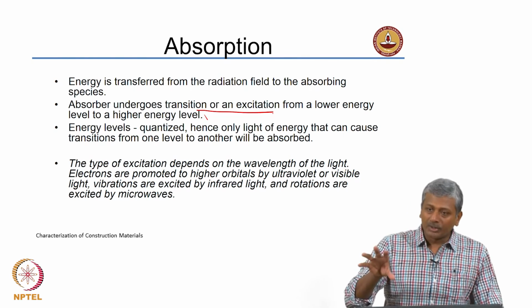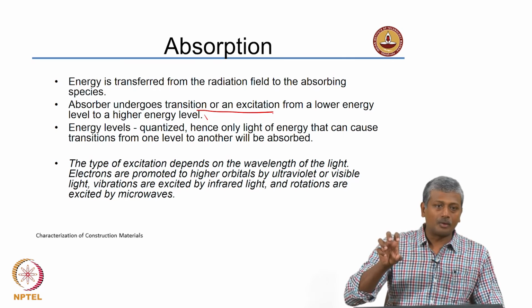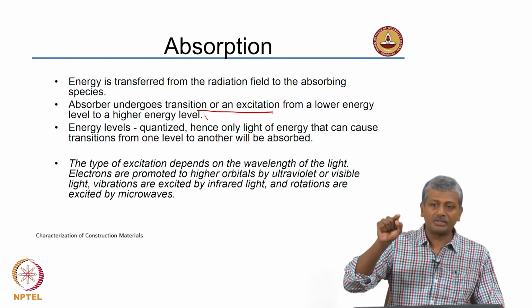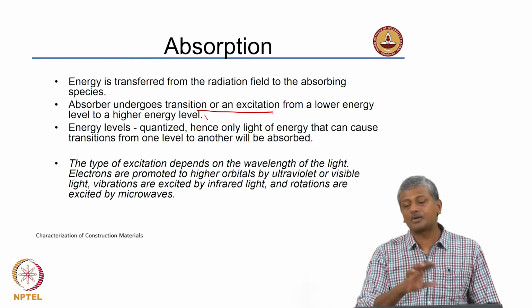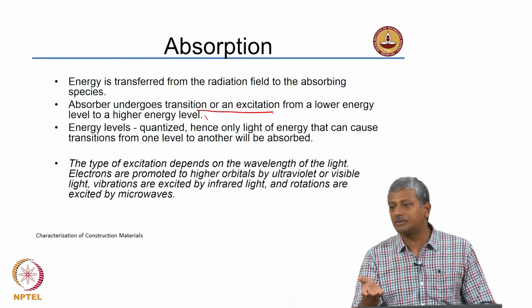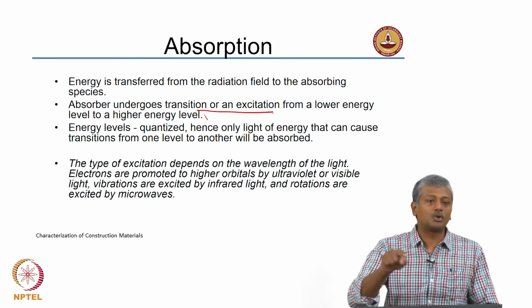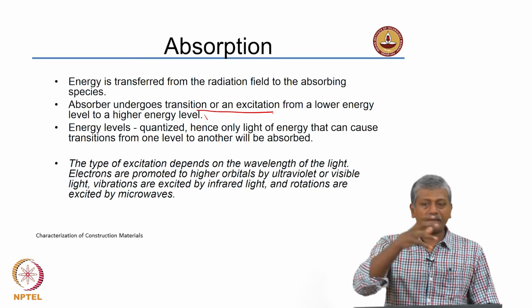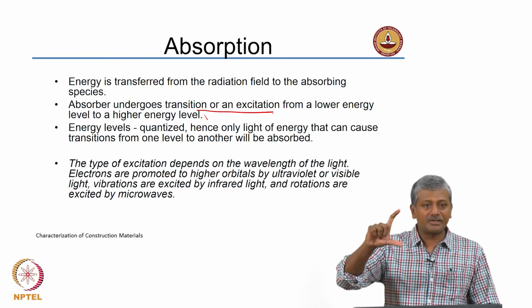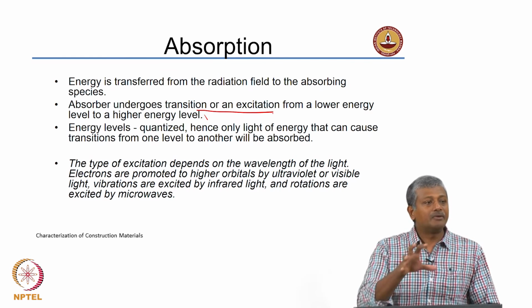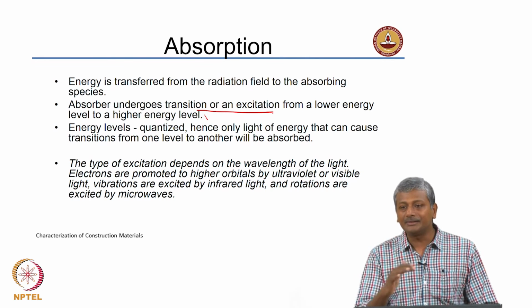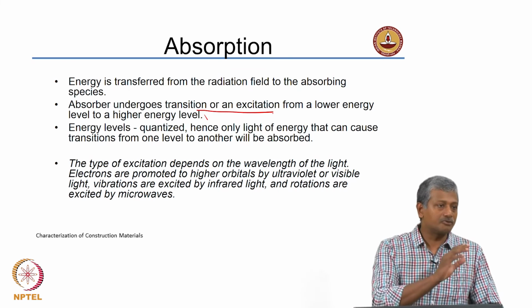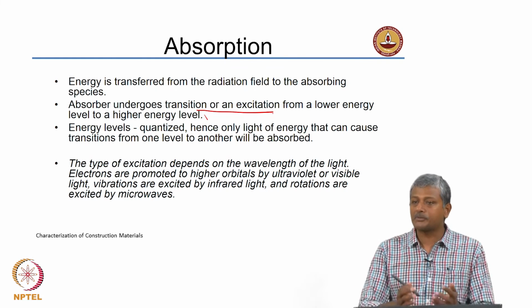So, when you know the exact wavelength of the energy that is getting absorbed, which is creating that transition, right, then you can actually clearly understand what is the element that is causing that transition. For example, in a calcium, if an electron is supposed to be promoted to a higher shell by the absorption of an energy, you know exactly the energy difference between the higher and lower shells, and you can relate that energy difference to the absorption of a certain wavelength of light. Okay. So, you can relate the transitions in the material to the absorption of specific wavelengths of light. That is basically your absorption spectroscopy.